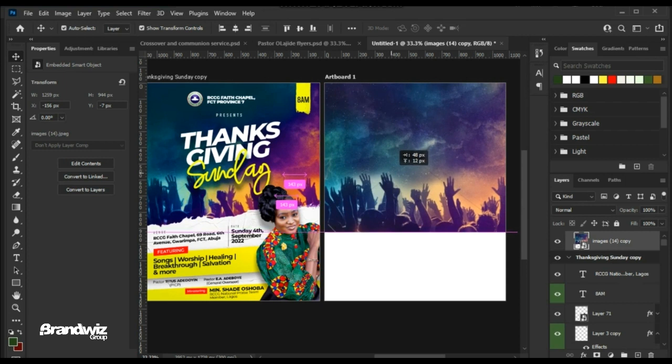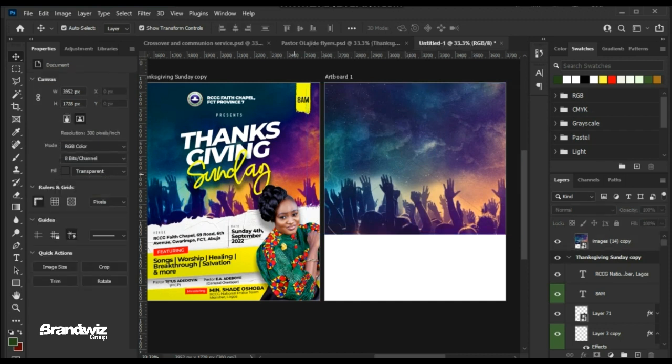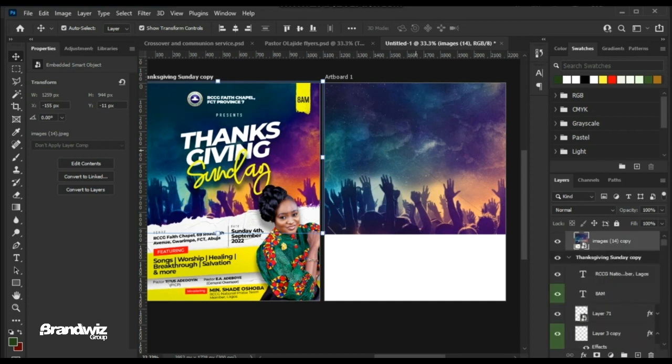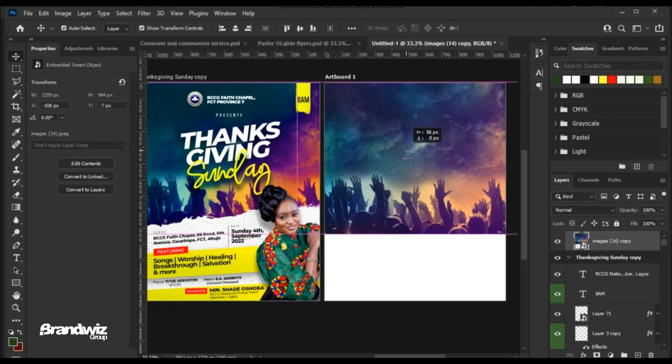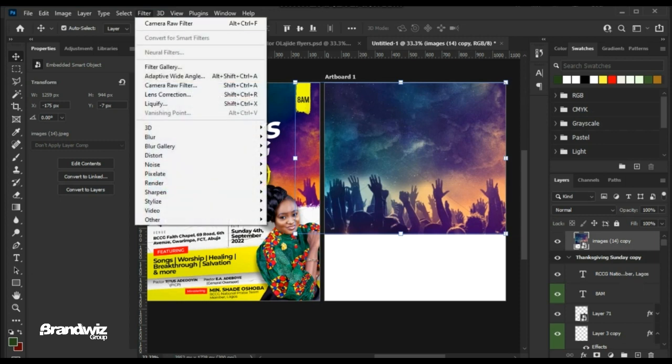What it does for you is that it gives your design a little bit of uniqueness, because this picture you are seeing here will be open to thousands of people out there, both in Nigeria or outside Nigeria, anywhere they are, all over the world, because it's on a platform. So as you are downloading it, someone else might also download it. That means eventually your work might look similar. So what I do is that you have to edit your design. When you edit it, it will change the feel of your design. You understand? So you can use your camera raw filter to edit your picture,